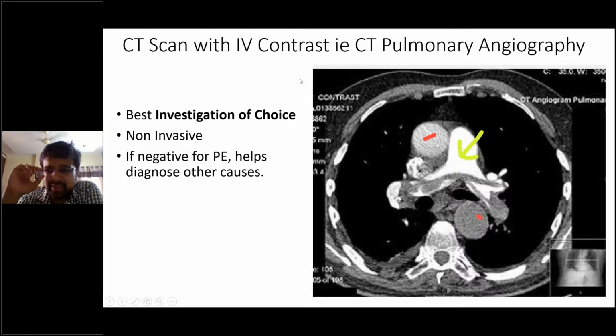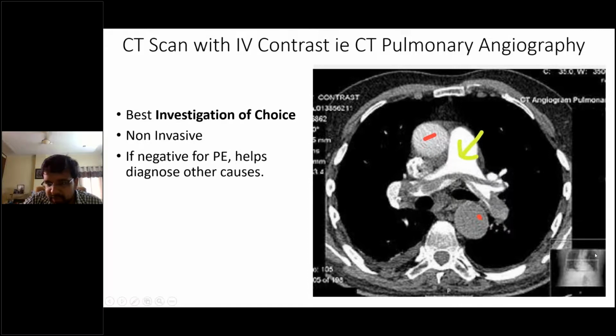So CT scan basically we see it from below upwards. मतलब imagine करो तुम patient के नीचे हो, you are in between the legs and you're seeing ऊपर, ठीक है. So this is the right side, this is the left side, ठीक है. ये जो red labeled है, this is the ascending aorta. The ascending aorta on the right side becomes the descending aorta on the left side. Okay, so this is the ascending aorta on the right side. This red one is the descending aorta on the left side.